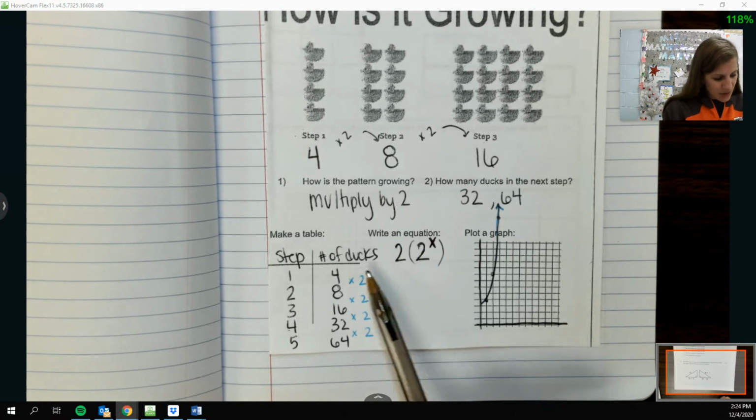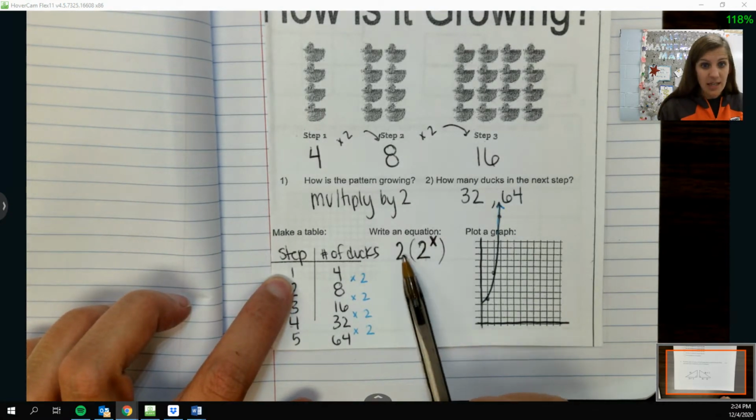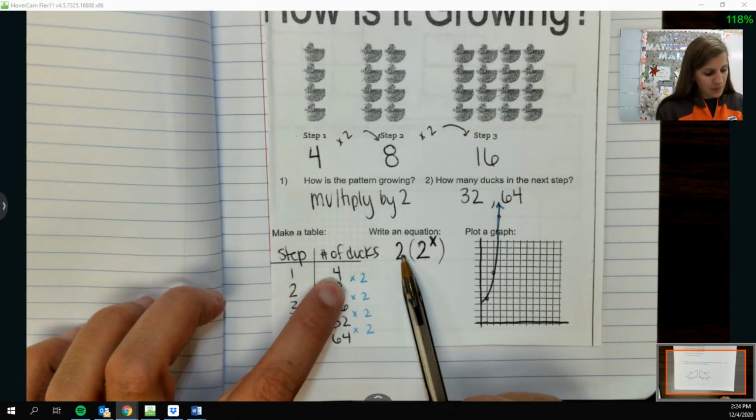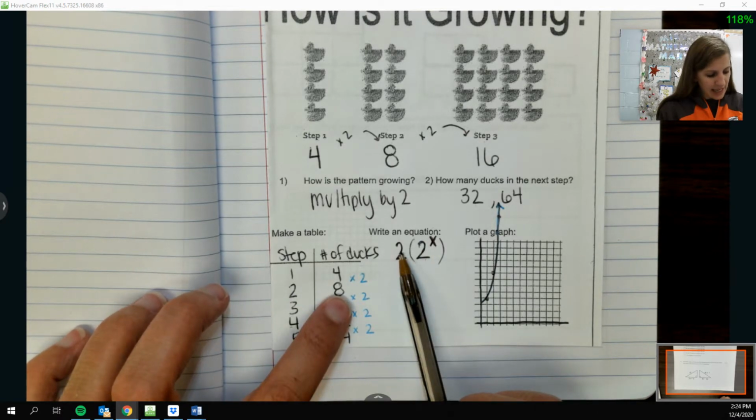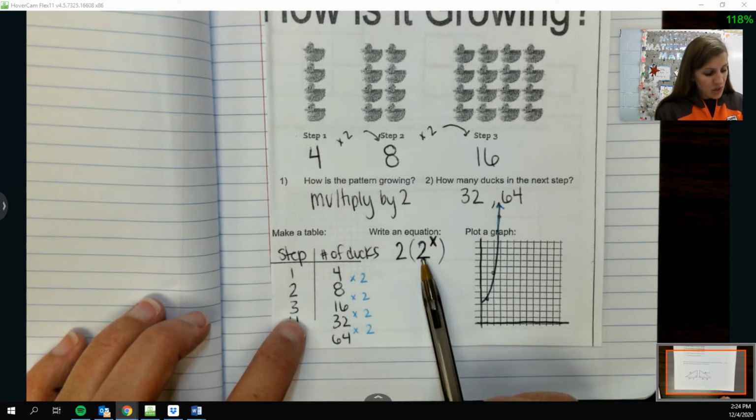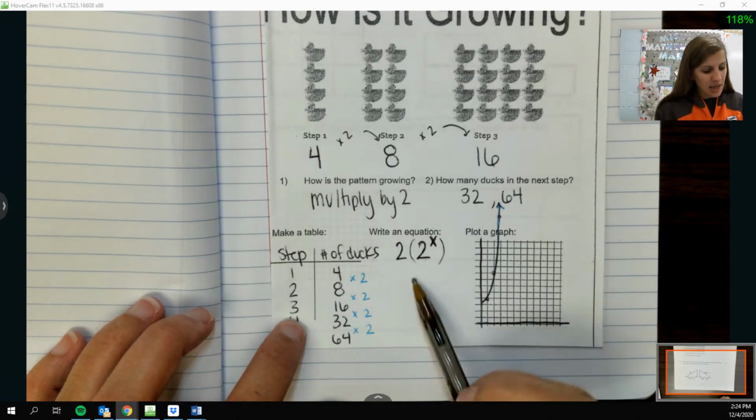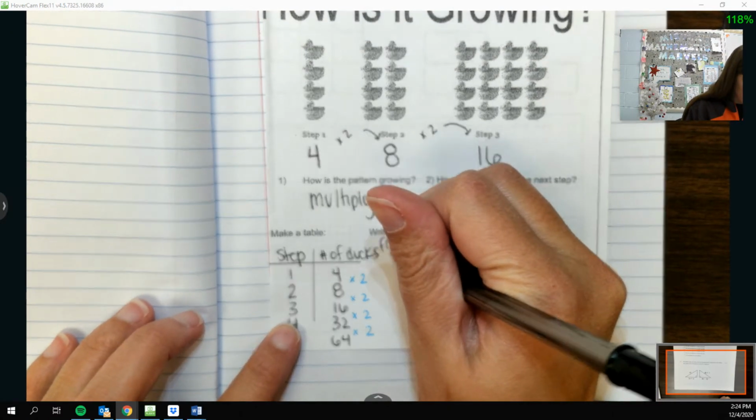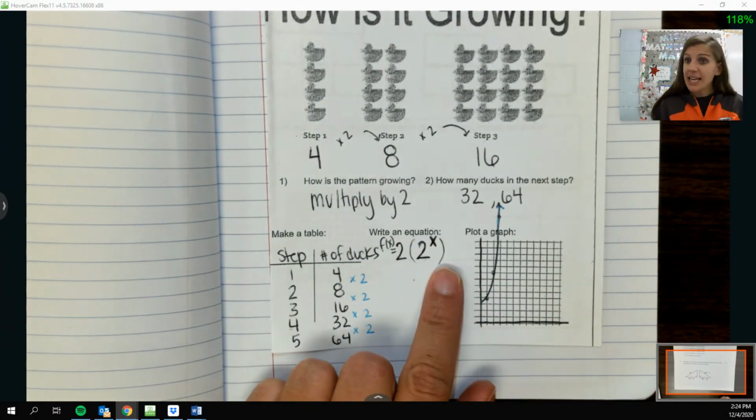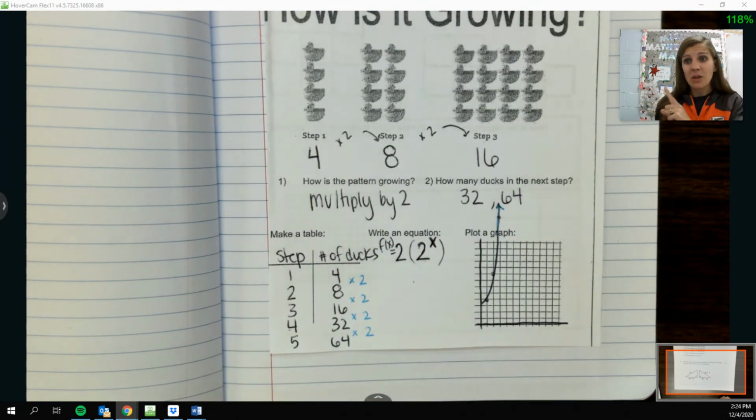Because if I do 2 to the first power, that's 2, times 2 is 4. If I do 2 to the second power, that's 4, times 2 is 8. If I do 2 to the third power, that's 2 times 2 times 2. That's 8, times 2 is 16. So that would be my function here. And I can tell that that's not linear because x is up in the exponent, which is not supposed to